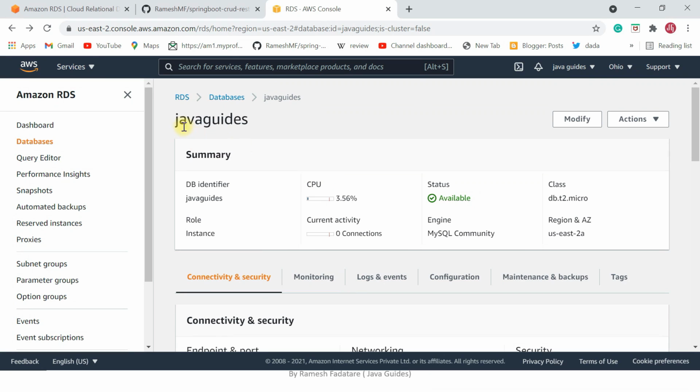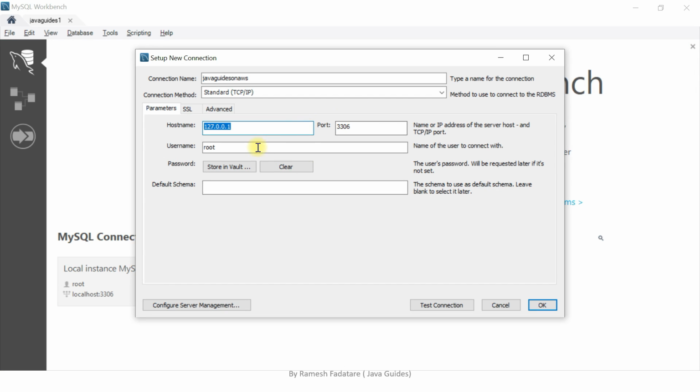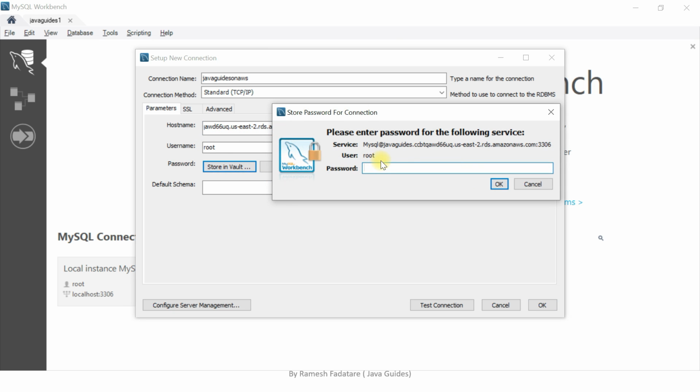So look at here, this is the Java guides DB instance, right? And if you go to the connectivity and security section, here we have the endpoint and port. So you need to copy this endpoint. This is the endpoint or host for this database. Just copy and paste it in the host name section, and we have provided the username for the database as root and password as password,